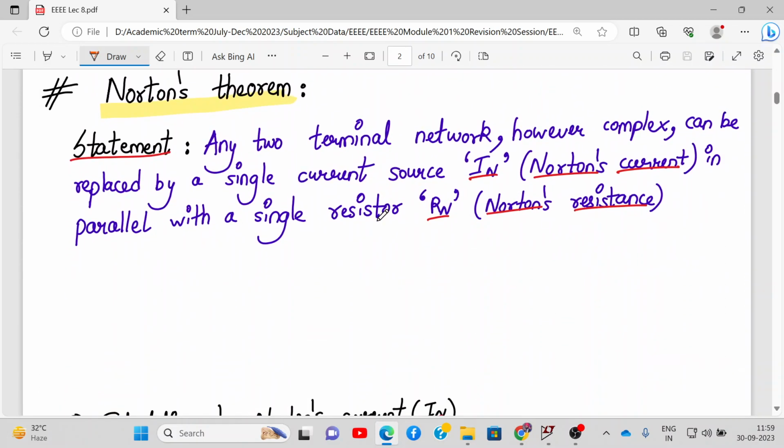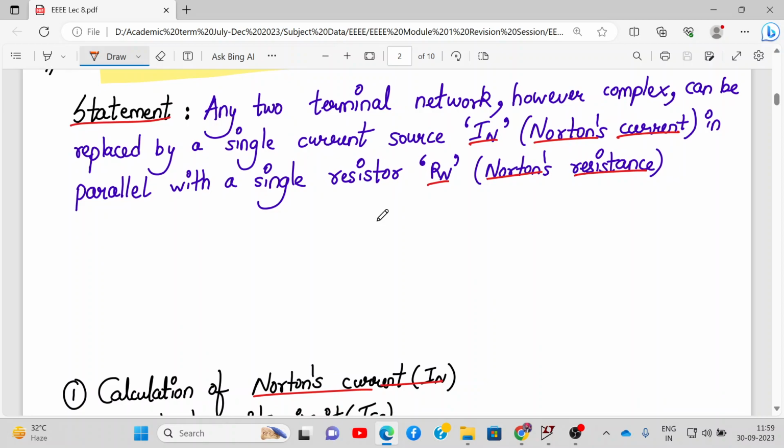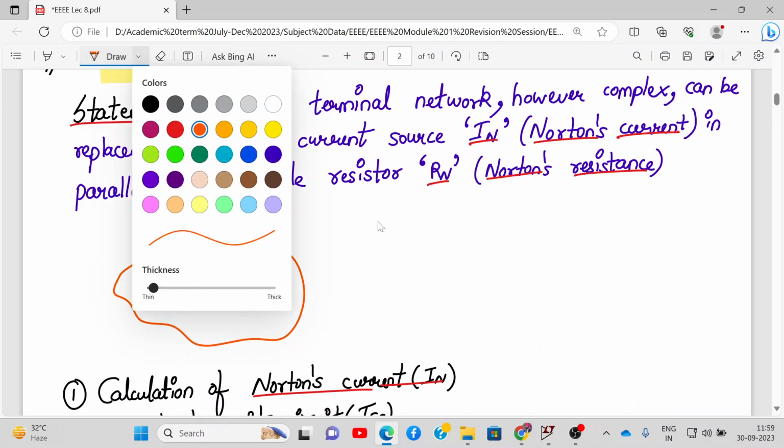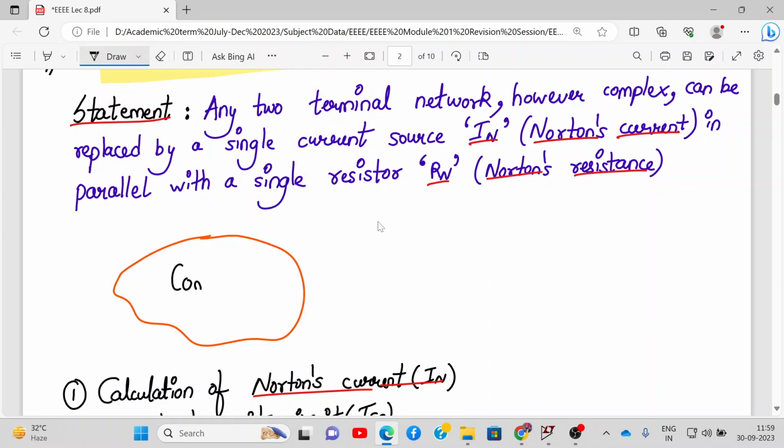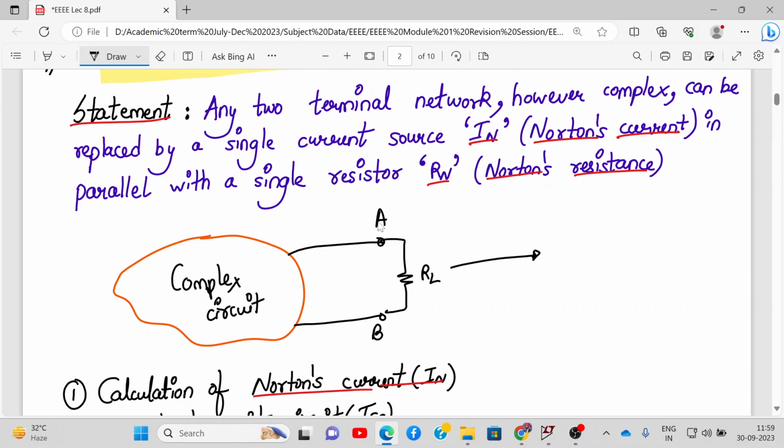In many ways Norton's theorem is quite similar to Thevenin's theorem. Let's say you have a complex circuit. This is my complex network consisting of voltage sources, current sources, and various resistors, and we have output terminals connected between A and B, and we have a load resistor connected to it as RL. Now, according to Norton's theorem,